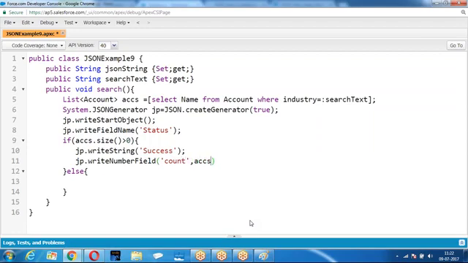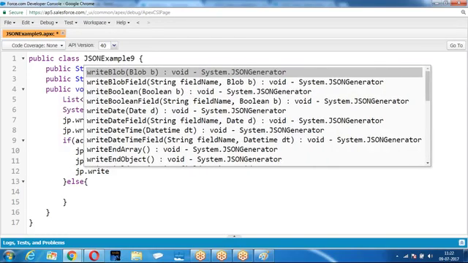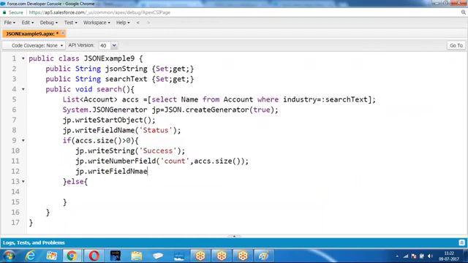How do you get the count? accs.size. In the list, if you want to find out the size, what do you do? List.size. Then jp.write field name. What is the field name we are going to take?